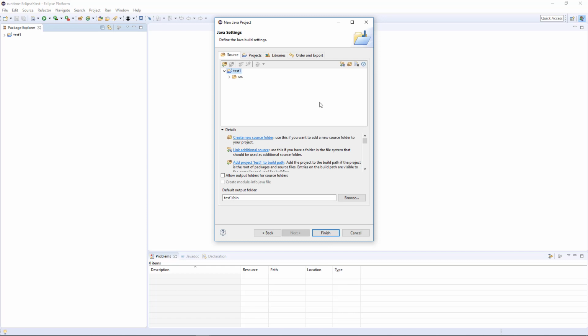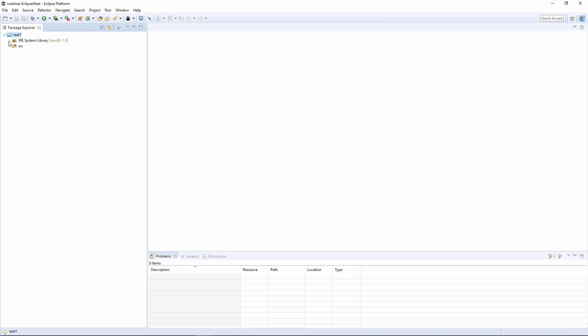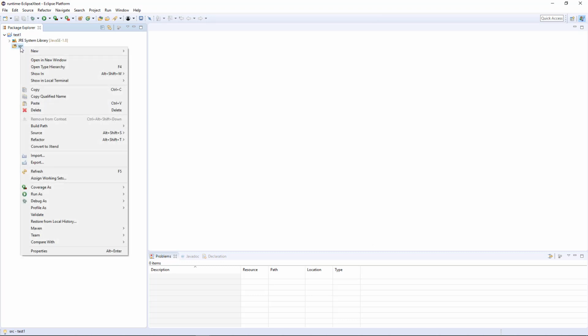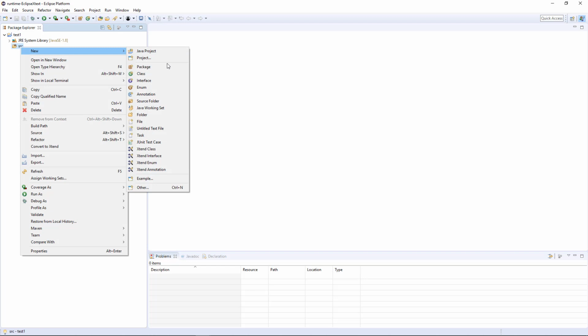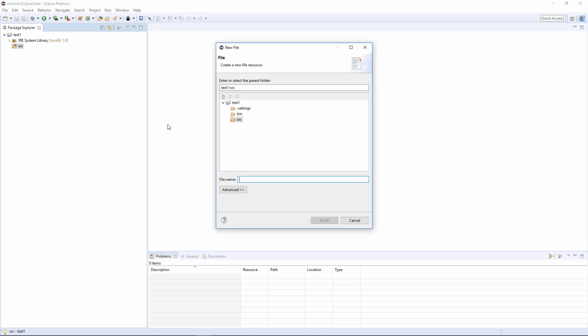And I'm not going to need to change the class path yet. And hit finish. And then inside here, I have my source directory. I could create a package if I want to, or I could just drop a file directly in there. I'm going to say drop a file in there. And I'm going to say Gothic security